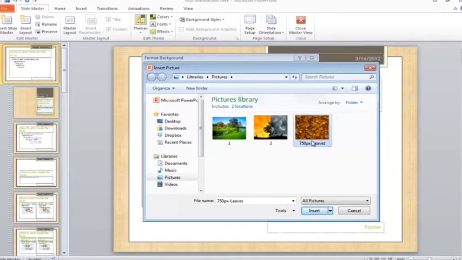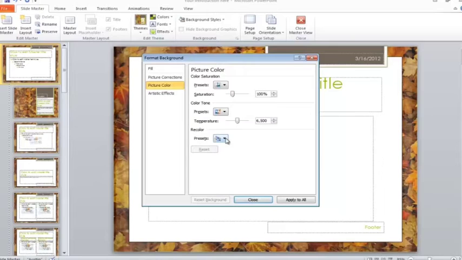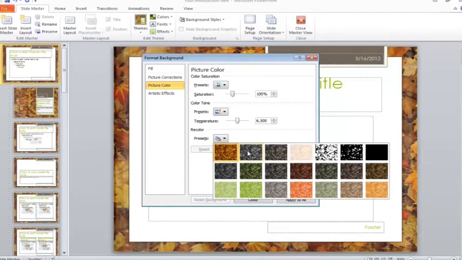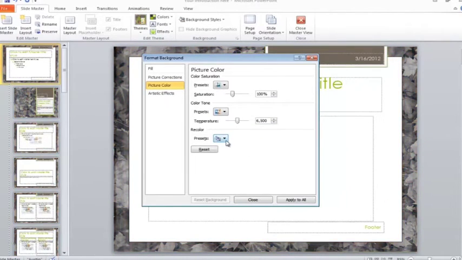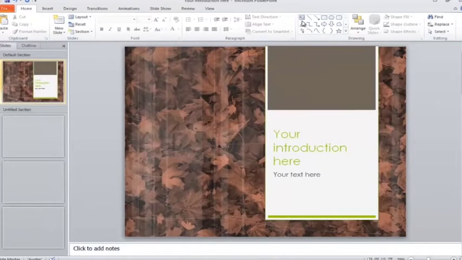It has different options to apply background to the slide. First one is Solid Fill. In that we can add a color to the slide. Then there is a Gradient Fill. Picture Fill, you can add a picture to your background. Then there is a Texture Fill and Pattern Fill. These are the different methods through which we can apply background to our slide.